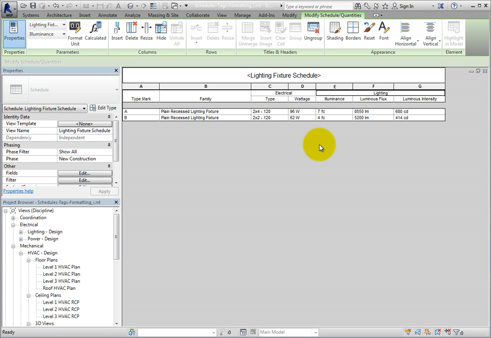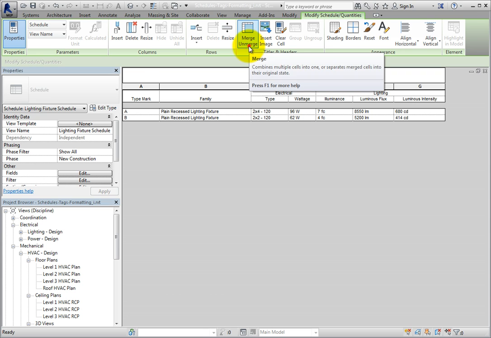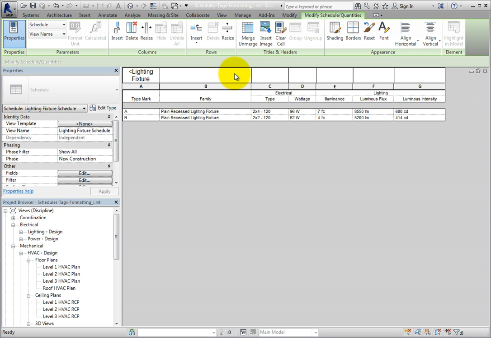You can also modify the title cells of the schedule. However, be aware that the title cells behave differently than data cells. For example, when I click in the title cell, the other three tools in the Titles and Headers panel become available. When I click Merge Unmerge, the single title cell is split into the number of columns that are in